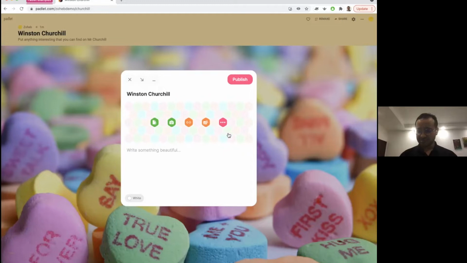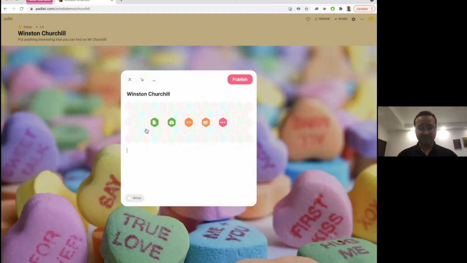And you have a lot of options that I'm going to go into in a bit later on how you can upload a file. And the third thing is basically just free form text. If you want to write a description to the post or any explanation, that can basically go in the third section. Right. So let me show you the different ways of how you can post content on a Padlet, because it's very powerful and there are a lot of things that you can do